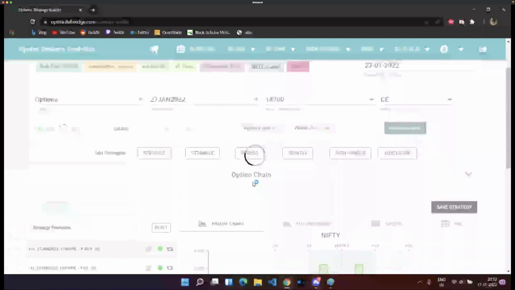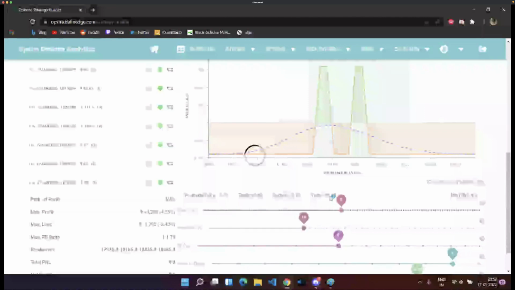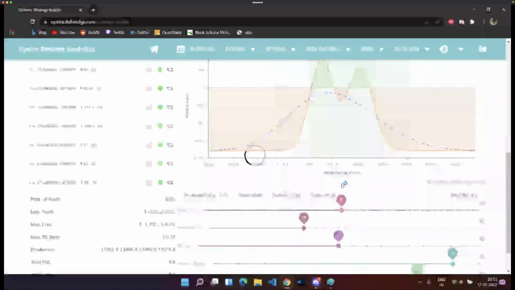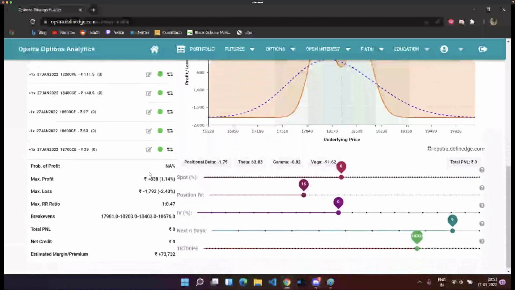Okay, so 18,166 to 18,431 is your break even. That is on expiry, and on Wednesday it'll look something like this. Come on. Yeah, इसमें 200 पॉइंट्स का रेंज है जहाँ पे तुम्हारा रेड हो जाएगा. बाकी you'll make some money here, you'll make some money here, whatever it is. So if you end up breaking this,